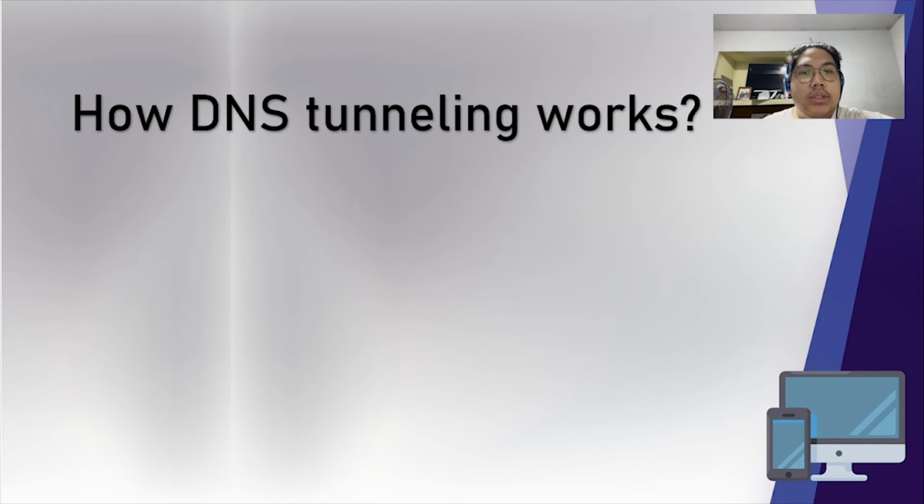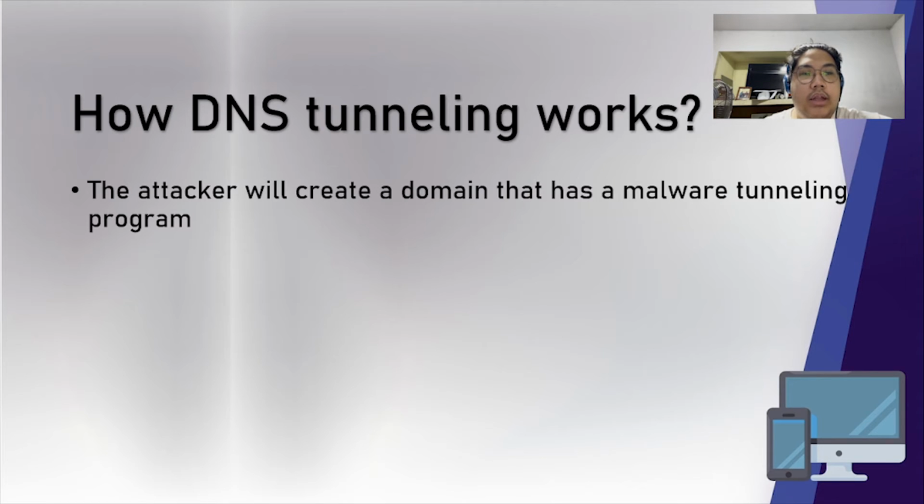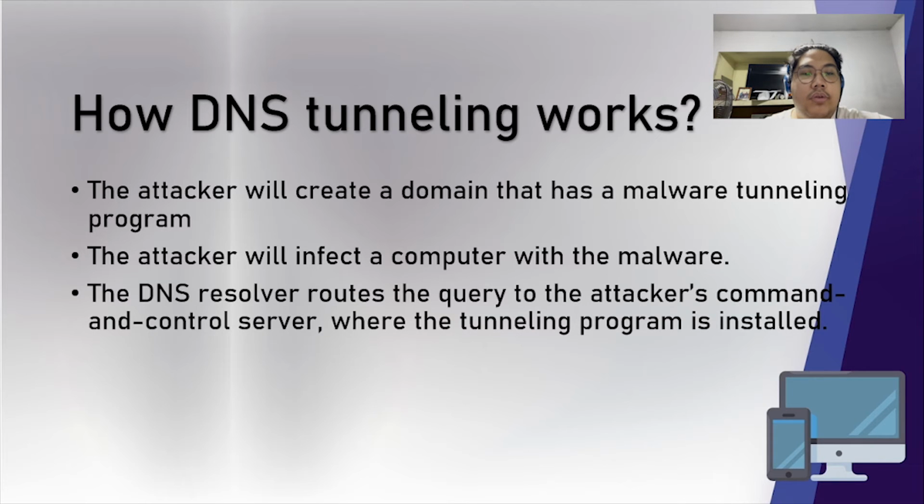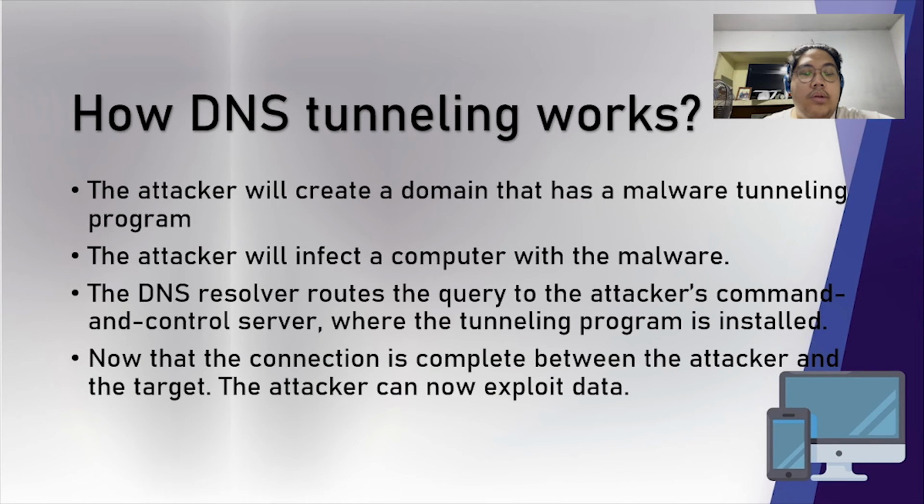So, how does DNS tunneling work? First, the attacker will create a domain that has a malware tunneling program on it. The attacker will then infect a computer with the malware. The DNS resolver routes the query to the attacker's command and control server where the tunneling program is installed. Then, now that the connection is complete between the attacker and the target, the attacker can now exfiltrate data from